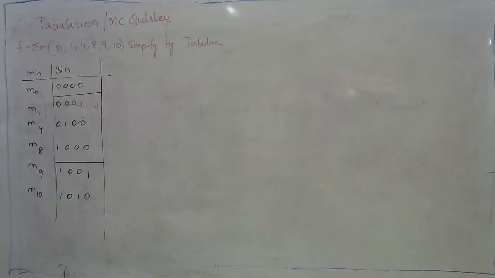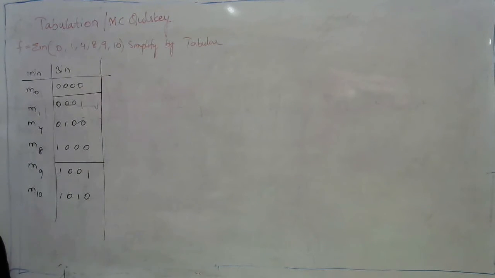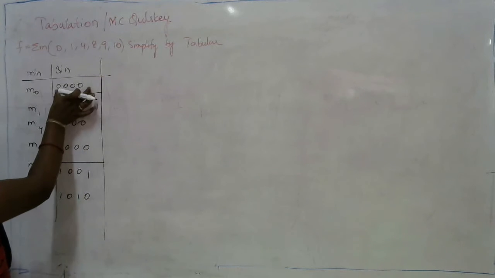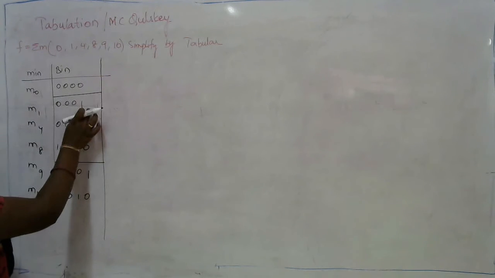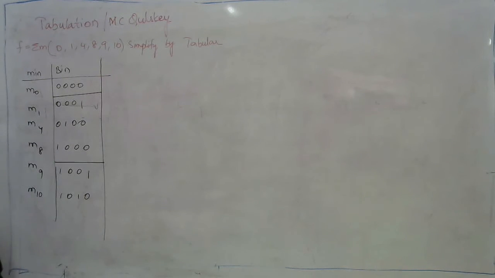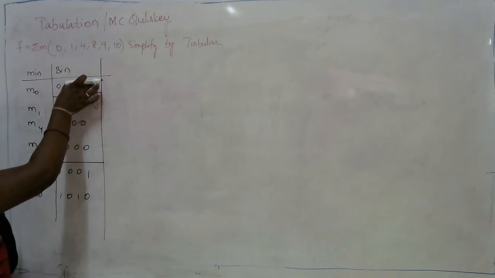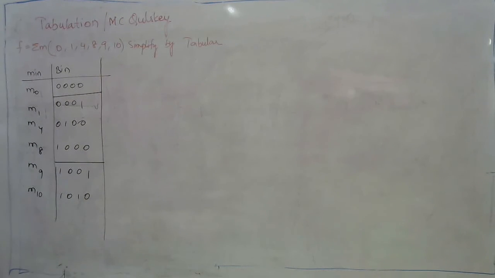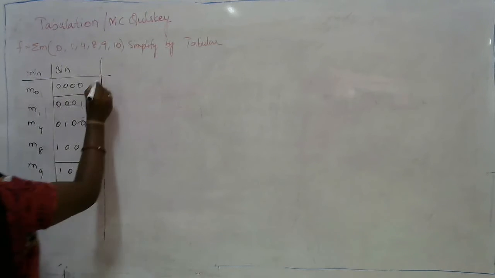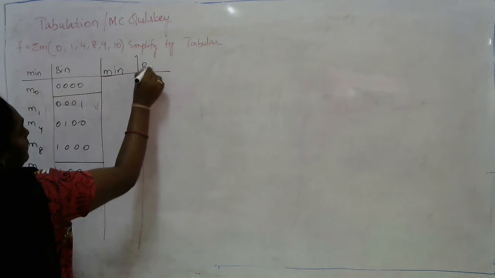The second step over here is, after writing in this way, compare the first partition with each and every individual minterm of the second partition. So here in the first partition only 0 is there. This 0 should be compared with 1. Similarly 0 should be compared with 4 and 0 should be compared with 8. Each and every individual minterm present in partition 1 should be compared with each and every minterm in the next partition. Now again I am writing here the minterm followed by its binary representation.